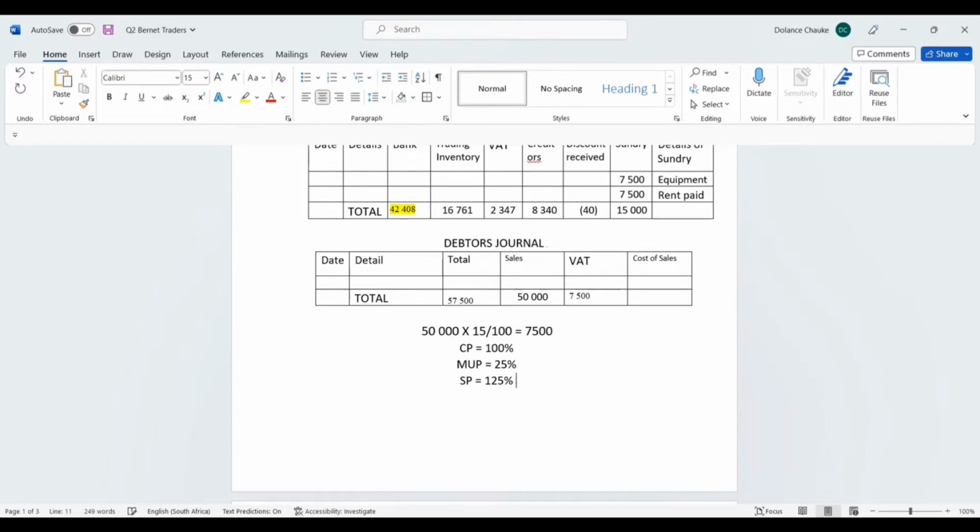And then nothing changes. You still have your markup, 100, 25%, 125. Now we are looking again for cost of sales. We have our sales. Now our sales is equal to 50,000 rand. So we're going to say 50,000